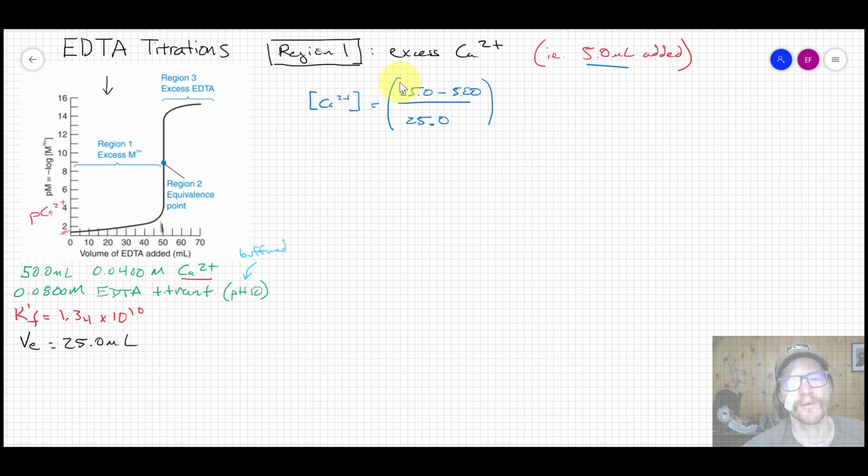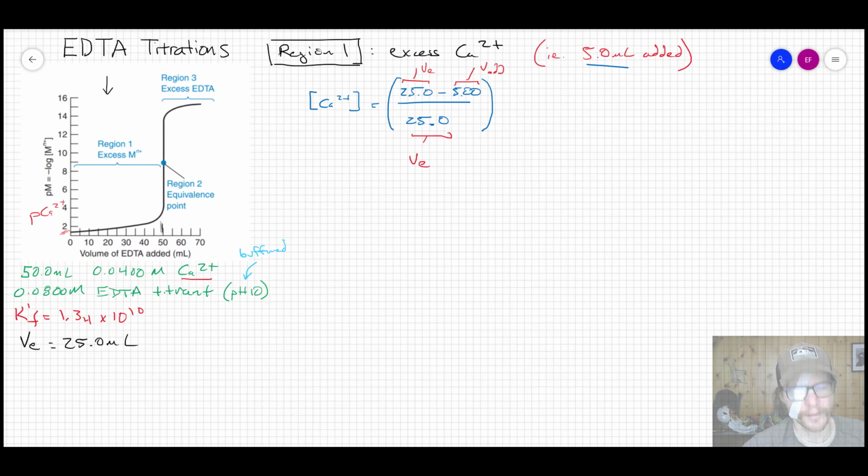This will tell me what fraction of calcium I have left in the system, right? Just to be clear, this is volume at equivalence, this is volume at equivalence, and this was the volume added. So this will tell me that I have 20/25ths, or 4/5, of my calcium left in solution,